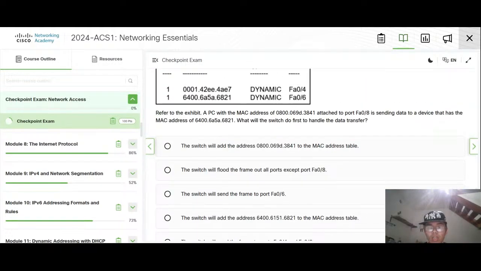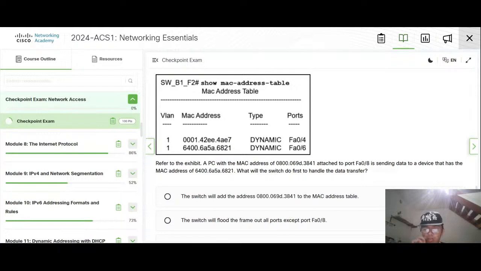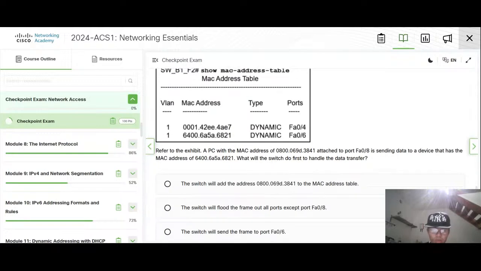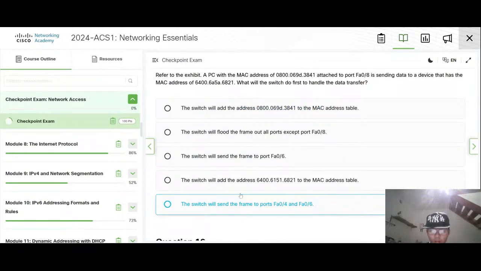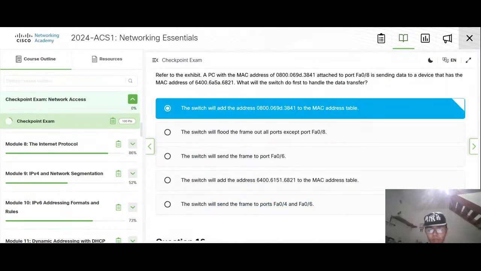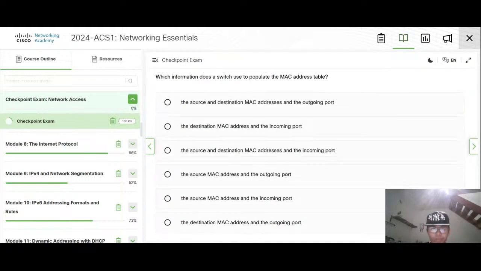Okay, this one is a new one that has the address. PC A is not here, so we'll add the address of PC A to this. I would say it is the source.